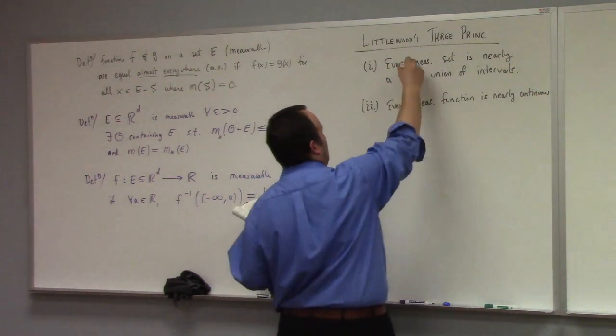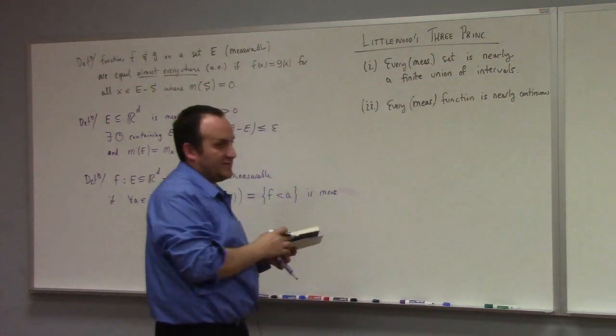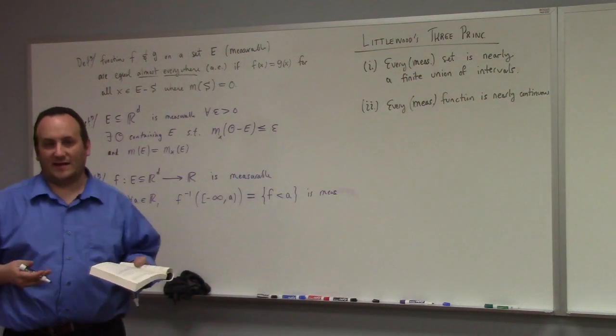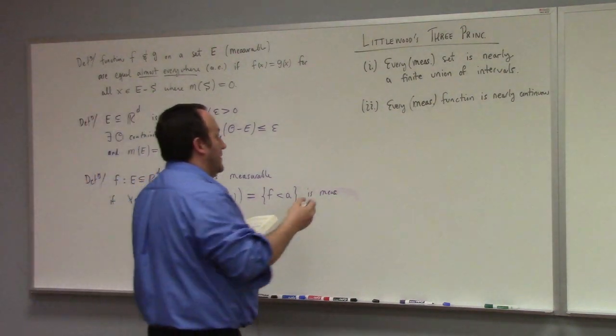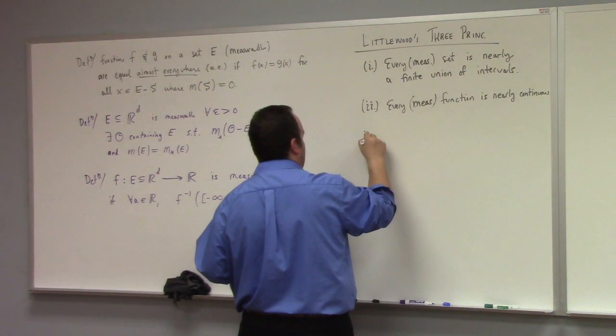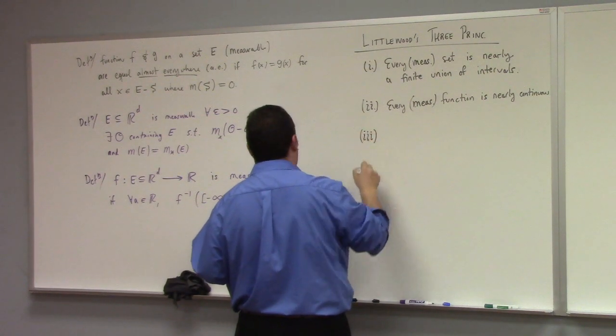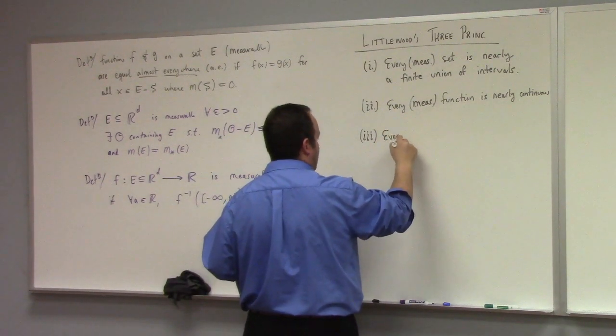Now, at least in the statement of Littlewood's three principles in volume 3 of Stein and Shakarchi's Lectures in Analysis, he does not have the measurable in the principle. Because, if you're going to sell something, it's always best to overstate your claim a little bit, right? Basic marketing, right? Bait and switch.